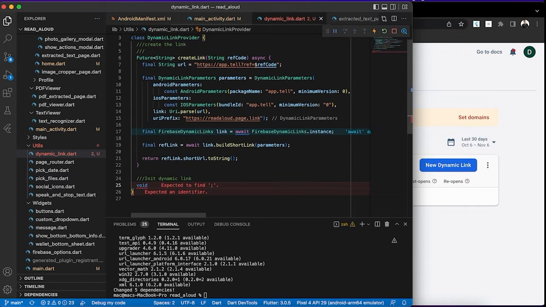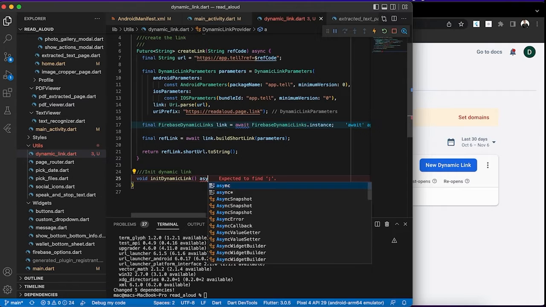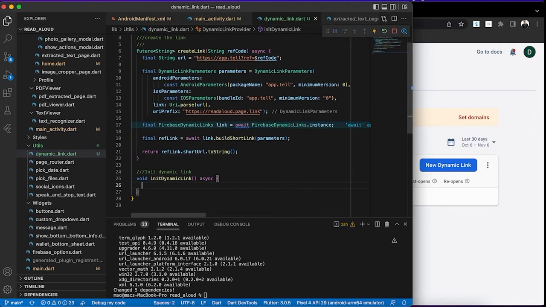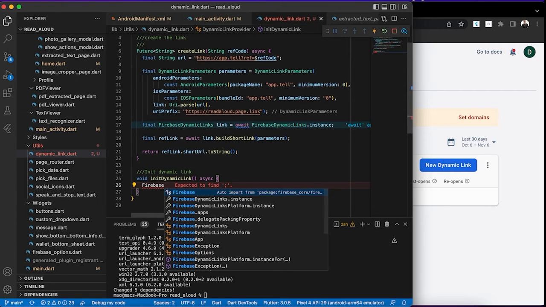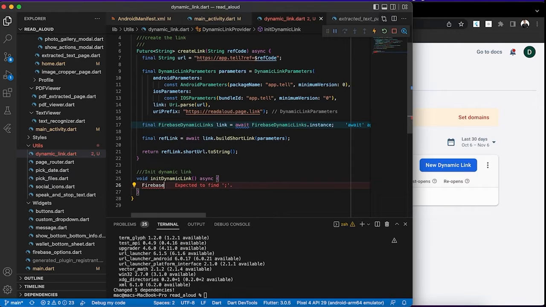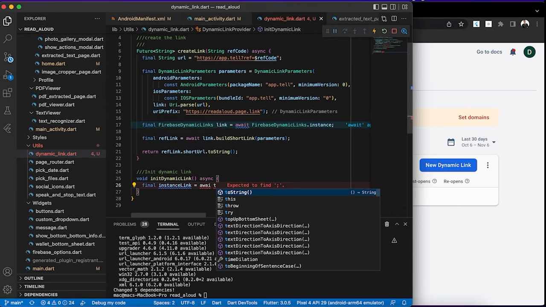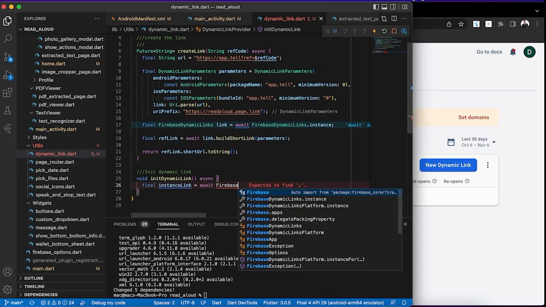You can just have a void initializeDynamicLink, and it's going to be asynchronous. I will call Firebase, I think it's going to be the instance. Let's just create the instance of the link, and I will call await Firebase